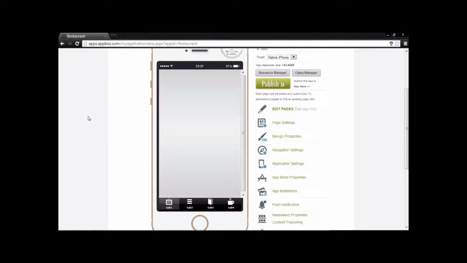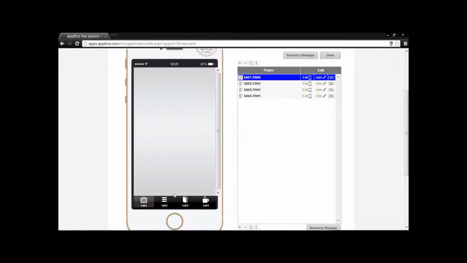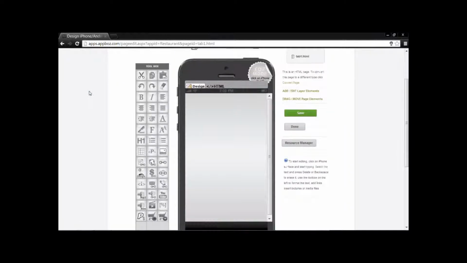So, like I said, this is going to be an app for restaurants, and since I've done some work with some of these restaurants, I'm going to go ahead and use them, and we're going to use Burger King today. Pretty simple. You go to Edit Pages. The tabs are listed here, which is important to understand that this is where these tabs are going to be edited. And we'll go to the first tab, which is an HTML page, which we'll work on later,